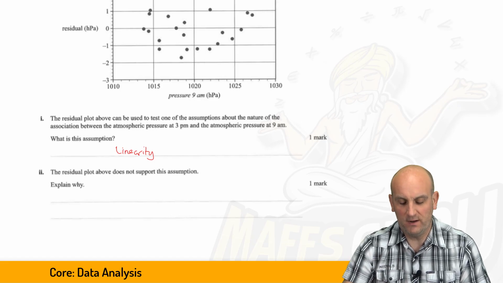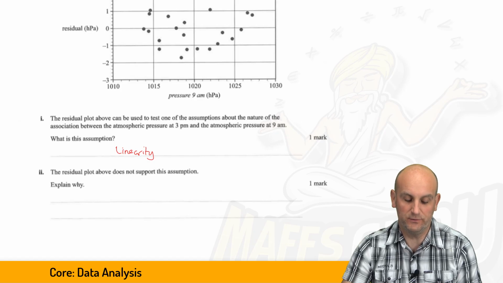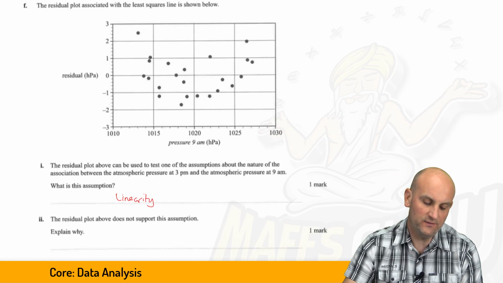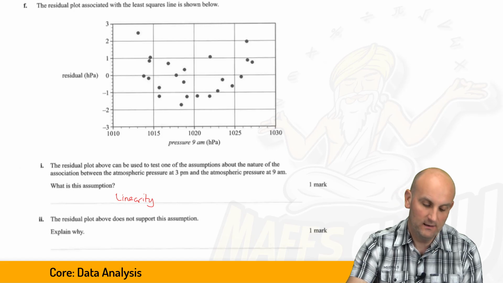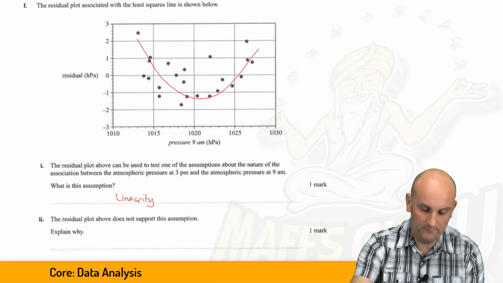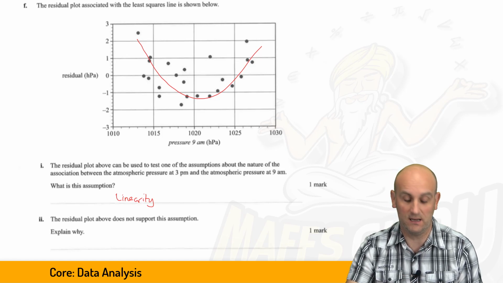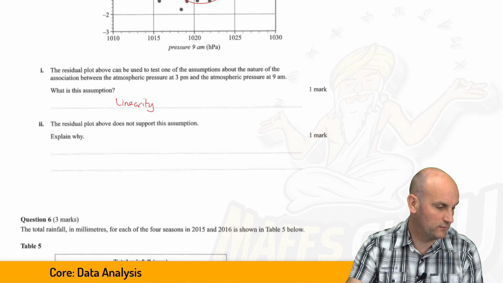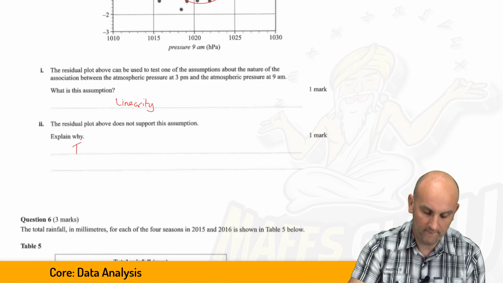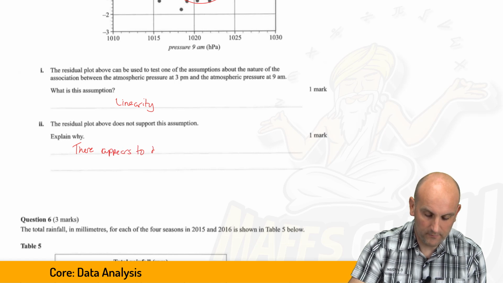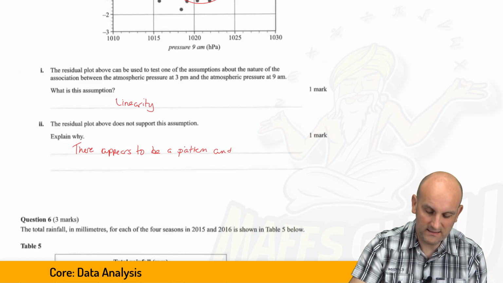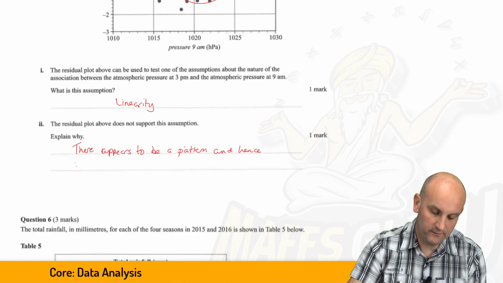The residual plot above does not support this assumption. Explain why. Well, looking at this, it doesn't seem to be random. I could see that there is a bit of a curve going on here. Remember, for it to be linear, those points have to be totally and utterly random. So I would put something along the lines of: there appears to be a pattern, and hence the data would appear